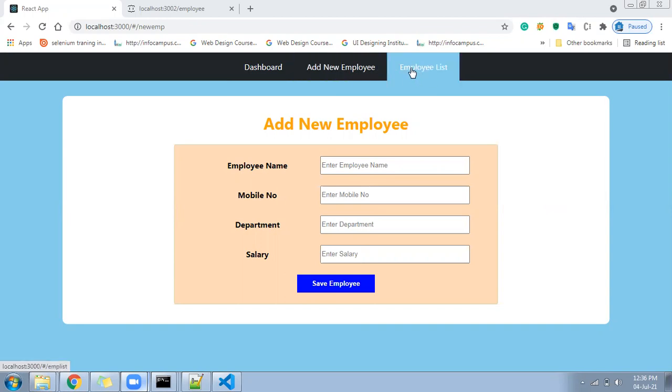It's a hash router that I followed from React, and in the previous video I made the static pages and showed you already. If you have not seen the first video, you can have a look into that. Right now, we are going to see how to set up the JSON server, how to save the data in it, how to read the data from JSON server, and how to edit and delete.